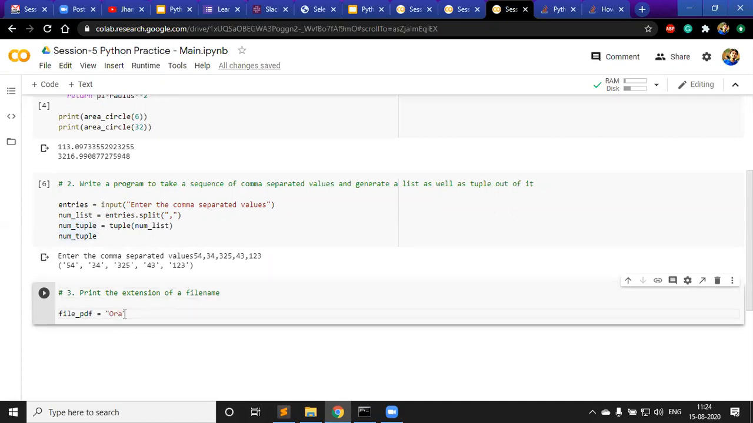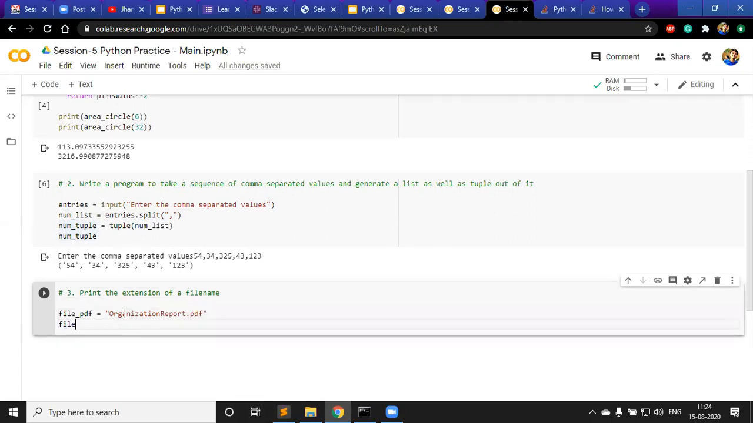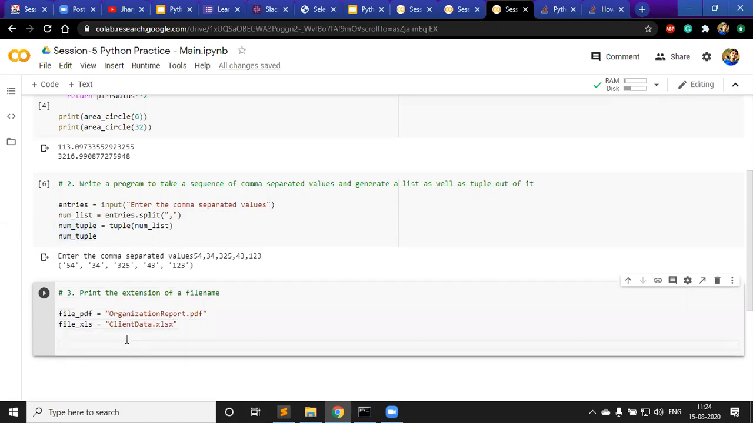So I'll just simply use the string here for demonstration purposes. So organization report dot pdf, let's say, and the second one I will choose is a file, let's say xlsx. So I will use client data dot xlsx, that's it. So let's say these two files are uploaded and you just wanted to check if the file had an extension xlsx. So what you will do is that you will